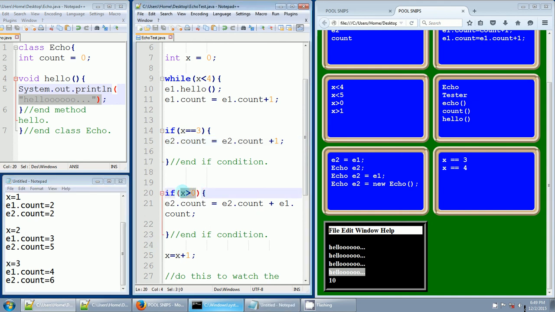If x is greater than 0, well, 3 is greater than 0. So now we're going to take this E2 count and do something else to it. Here we added 1 to it. Here we're going to add the latest E2 count value plus the latest E1 count value. Well, the latest E2 value was 6, and the latest E1 value was 4. And if we add these two together,